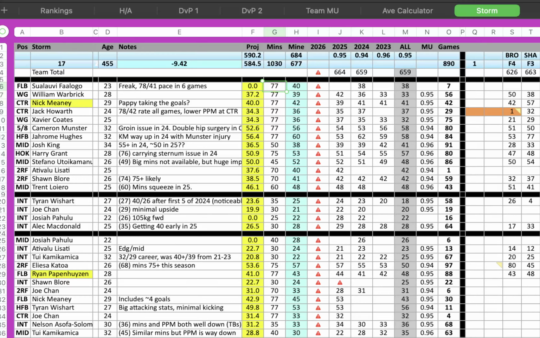And then I do the forwards in 5-minute increments, and try to get that minutes number up the top to add up to 1,040, which is how many minutes are available in an NRL game across the 13 players on the field. So if I was doing the Storm, this iteration of the Storm team, I'd have to find two guys to give an extra 5 minutes to, and I'd probably give them a little projection bump based on that.